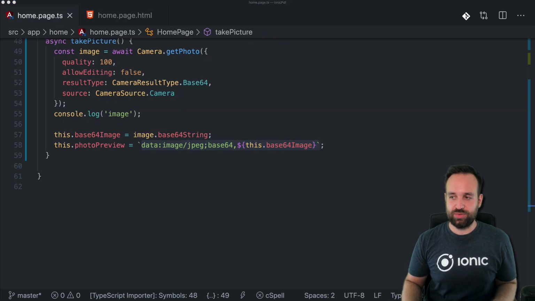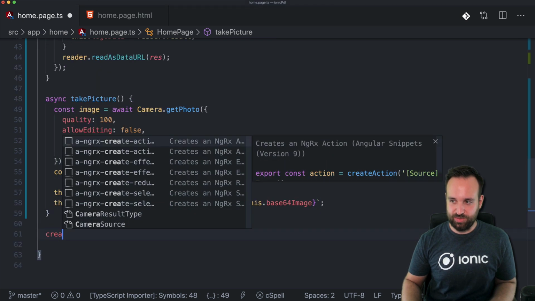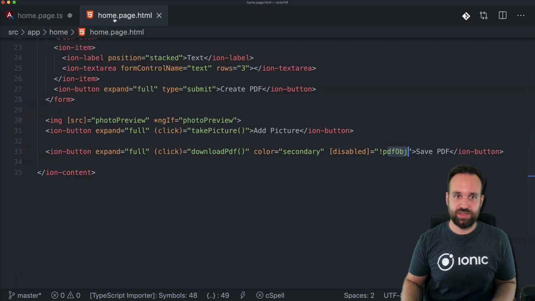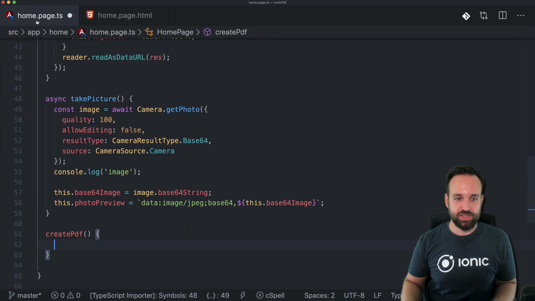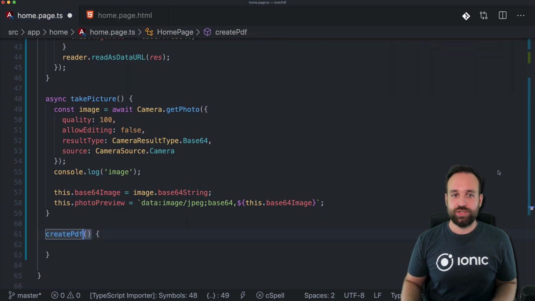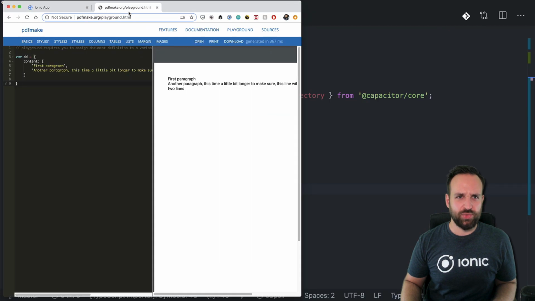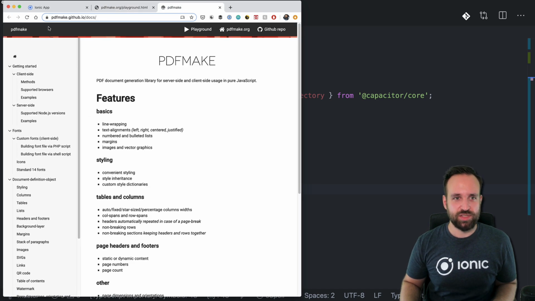So let's go to the actual hard part of this tutorial, I would say, which is to create a PDF using PDFMake. Is that how I typed it? Just want to make sure, yeah. First of all, we need a few imports, which are actually taken directly somewhere from the PDF documentation. So check it out,